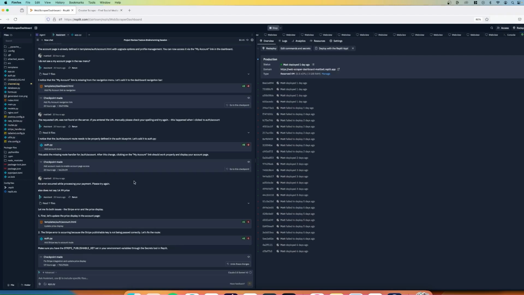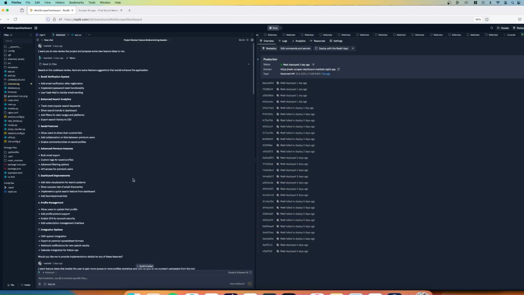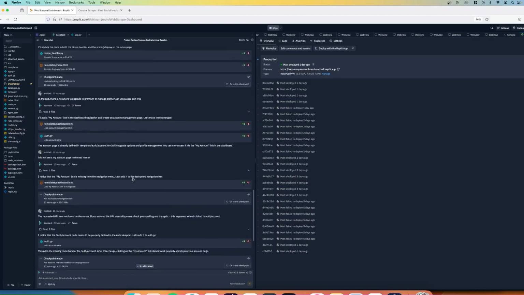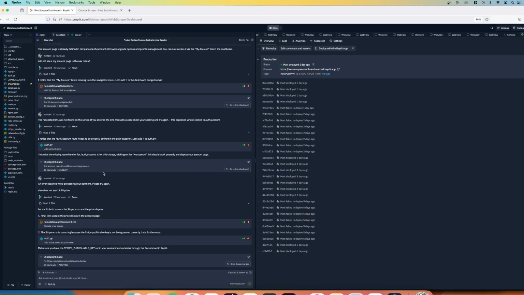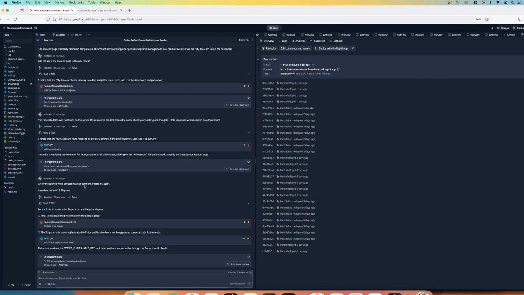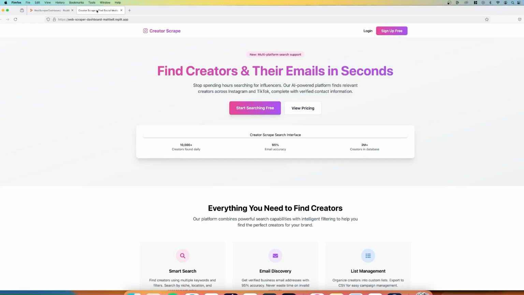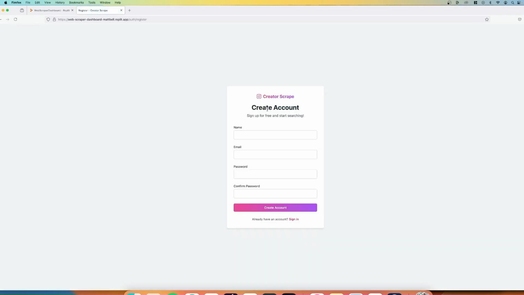Now, I've been using this tool called Replit, where you can basically talk to it like ChatGPT. So you can see right here an entire log of conversation that I have had with Replit agent. Now, in Replit, you have an agent and then you have an assistant. The assistant runs on Claude 3.5. And if I show you the product I've actually built, what you can basically do is you can find micro content creators, bloggers, anyone that produces content on TikTok or Instagram.